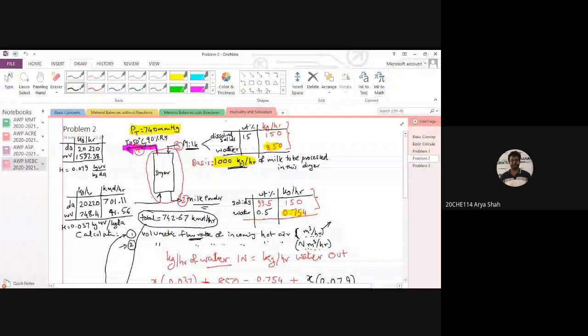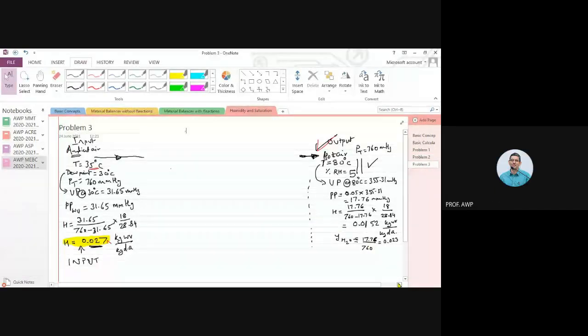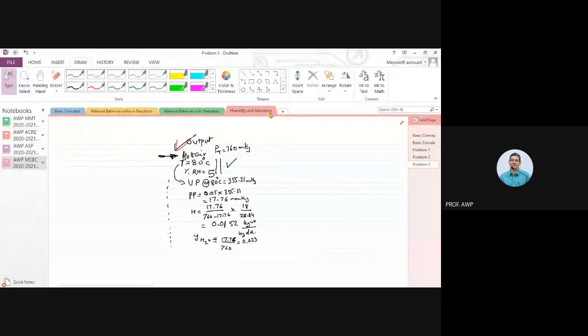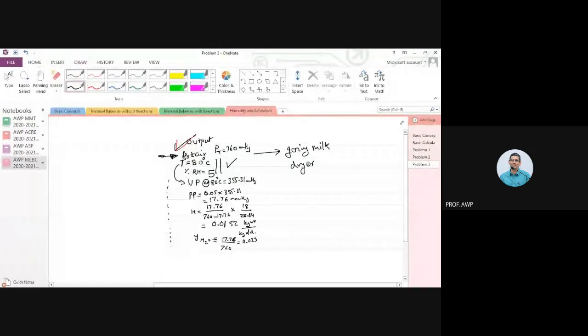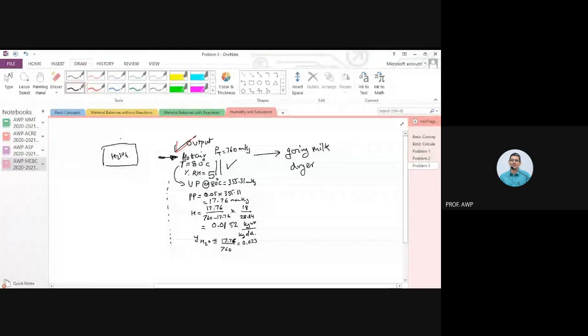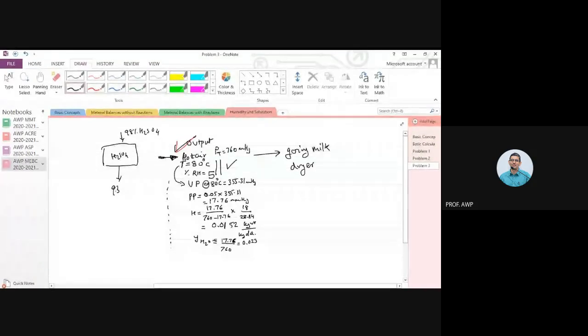We don't want to mix this milk and sulfuric acid, right? No, I understand, the vapor there would be a minuscule amount. Correct, correct. So what you are saying is this hot air is going to the milk dryer, correct? And now if I use H2SO4, say 98% H2SO4, and this going out would be, let's say, 93% or 95% H2SO4,